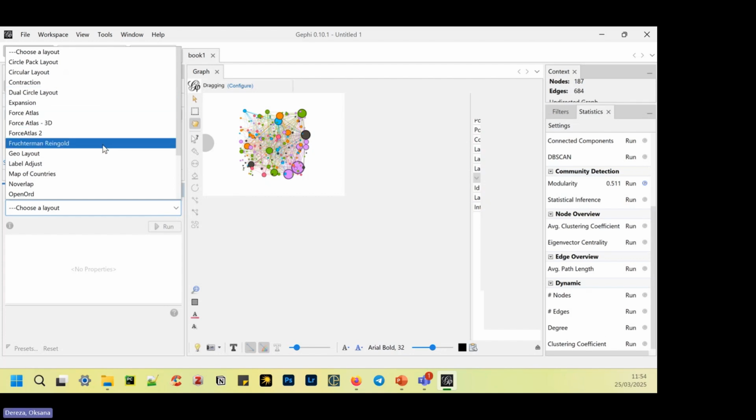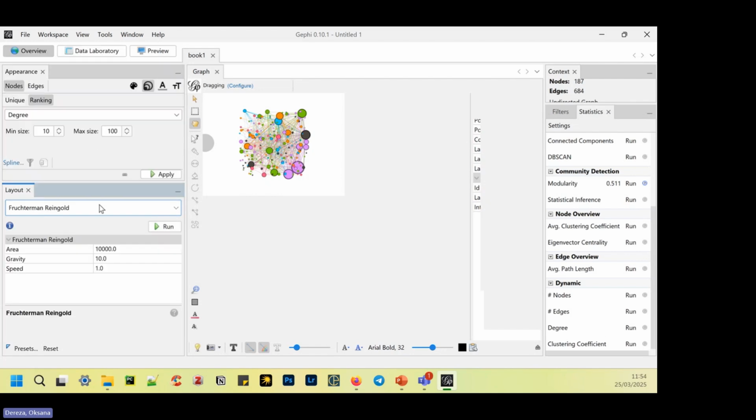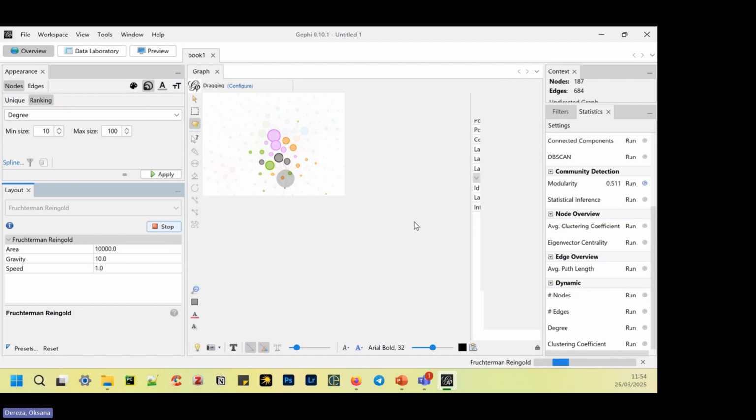Okay, so let's try the Fruchterman-Reingold first. So you select the layout algorithm and then click run. And you can see that something starts going on. Some algorithms stop themselves and some algorithms don't. If you think that your network looks fine, actually,